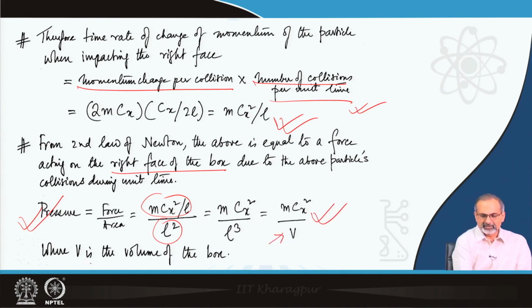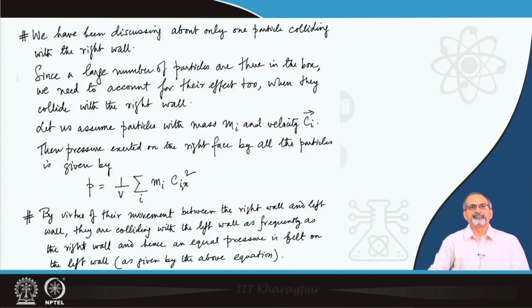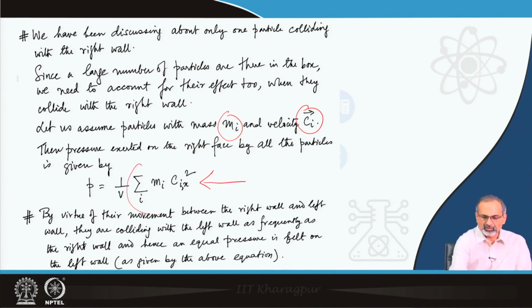Now, in this expression, the V is the volume of the box, which comes from the L cube term, and we have been discussing only one particle colliding with the right wall. However, in reality, a large number of particles are confined in the box, and we need to account for them too when they are colliding with the right wall. Let us assume that particles with mass m_i and velocity c_i are entering into such collision. Then the pressure exerted on the right face by all the particles would be given by an expression like this, where we sum up the effect over all such collisions,